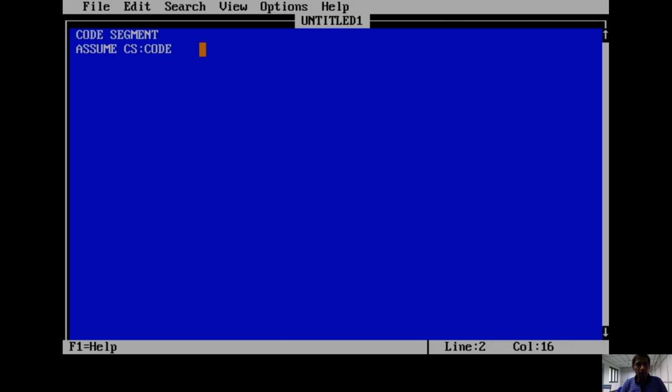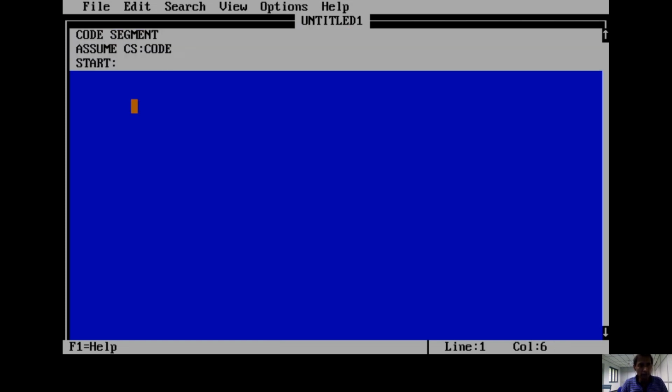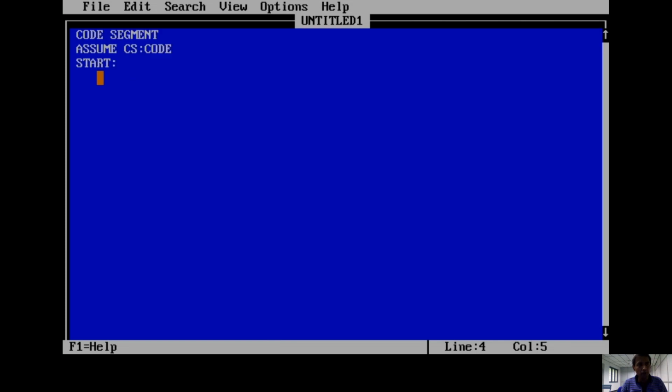Like a C program, where headers are present, here also these two lines are essential. If your data segment is present above the code segment, the data segment is also required. But in most programming, the code segment is enough. Then later, start. It's like a C program, where we indicate an open brace and then later a closed brace. Here, start indicates the start of the program. So for every program, these three steps are very important before writing the program.